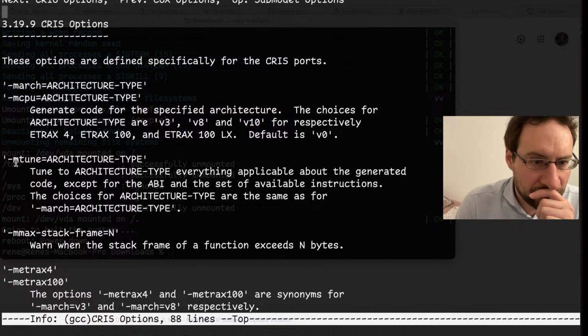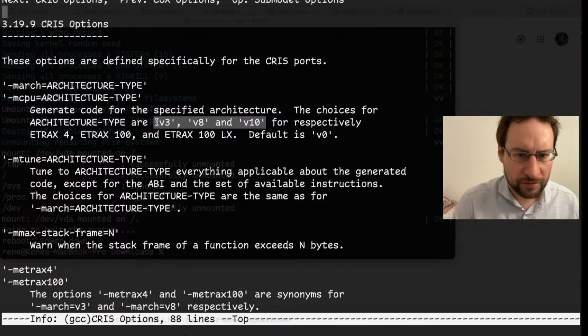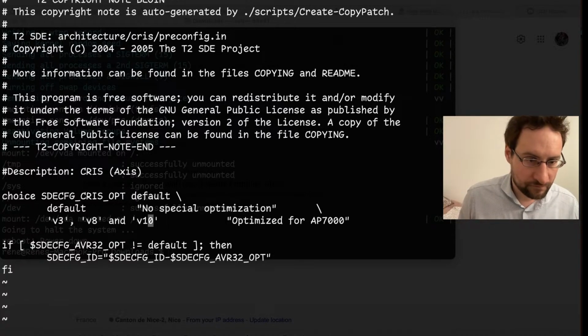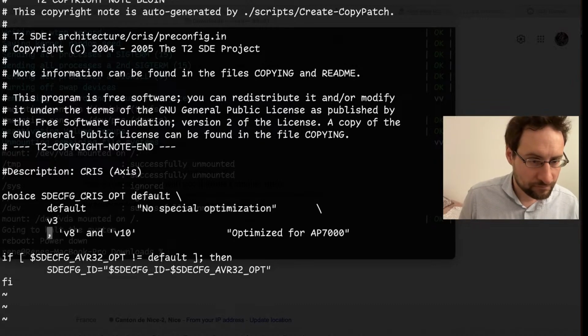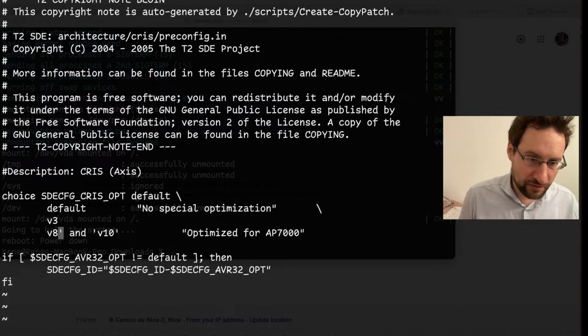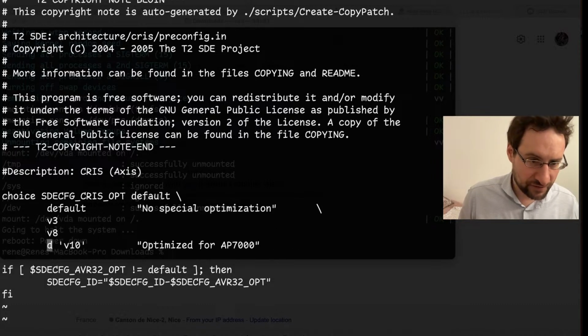We have there V3, V8 and V10 for those. Default is V0. Okay. And then let's try V10 and see if that fixes that, and hope that supports the most.